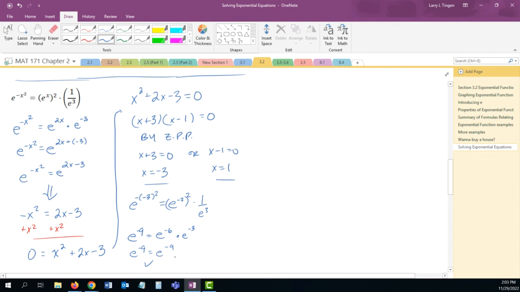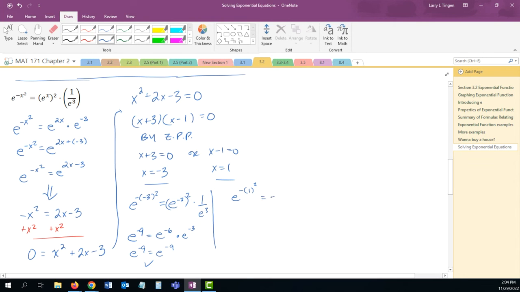So that's what I meant by if you don't do this on Desmos, you won't actually end up with the result of the left-hand side, the right-hand side. You're going to end up with two parts that both have the same base and the same power. If I get the 1, that's e to the